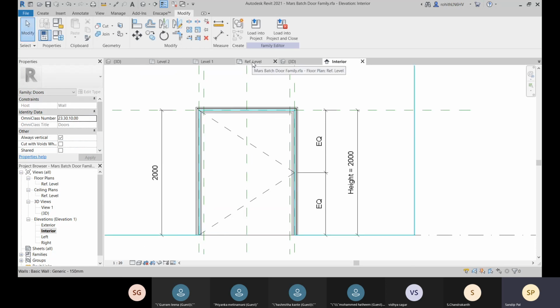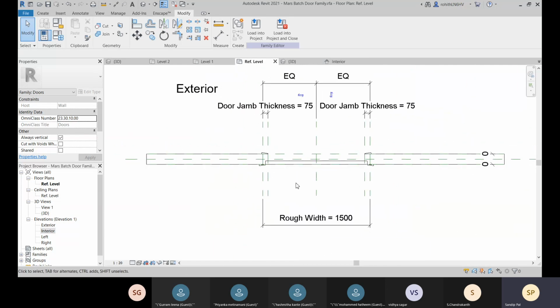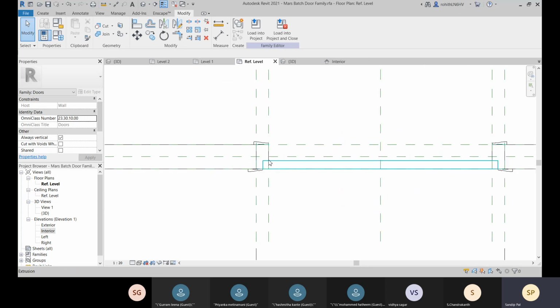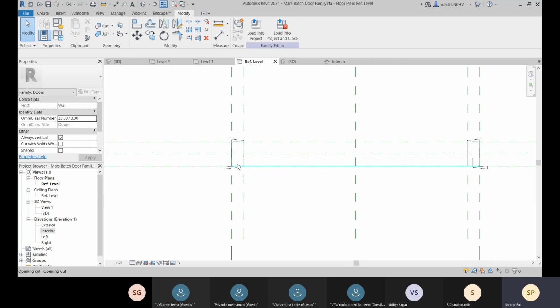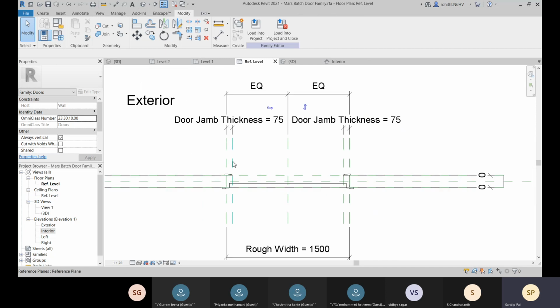So let me come to this one reference level, and here you can see that this is our rough width, right? And I'll define this as our width. So this as our width, I can define that. Okay, or this much as our width, that I can define.